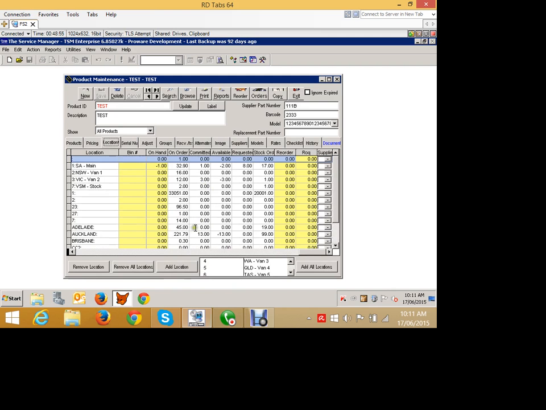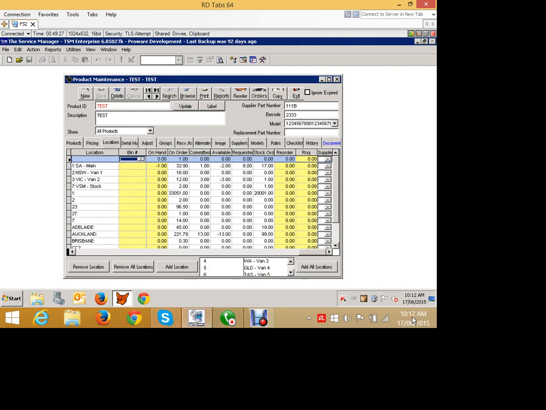So it tells you exactly where all the stock is at which location, and you can also get a little summary of what's on order for any of those locations, what's committed, what's available to be sold, what's been requested. You can set your reorder point and reorder quantity in here. So when we get down to 10 units in stock, go and reorder 50 units, for example. So you can set that up in here, and through our automatic reordering function,